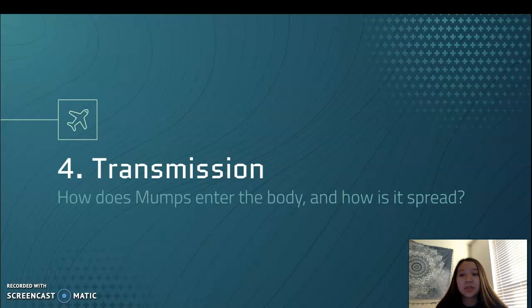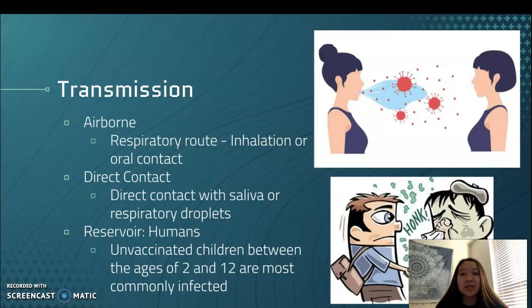So how is mumps transmitted from person to person? How does it enter the body? And what is its immune response? Mumps is an airborne disease, and it is also spread by direct contact. It's spread mainly by the respiratory route, so by coughing, sneezing, inhaling, or talking to someone, you can spread this disease. And also through direct contact, like drinking after someone or eating after someone, you can also get mumps that way. The only reservoir of mumps is humans, so not animals,